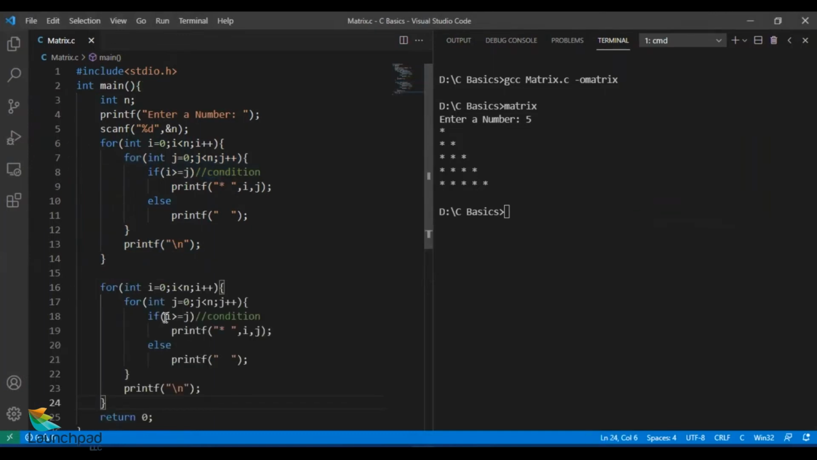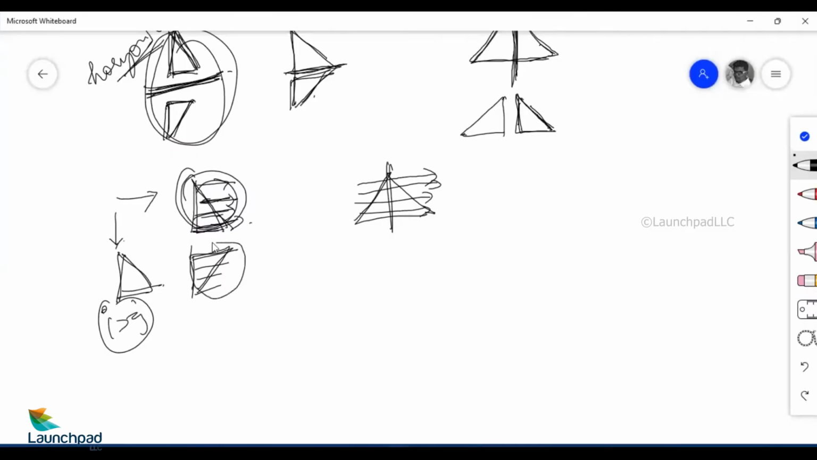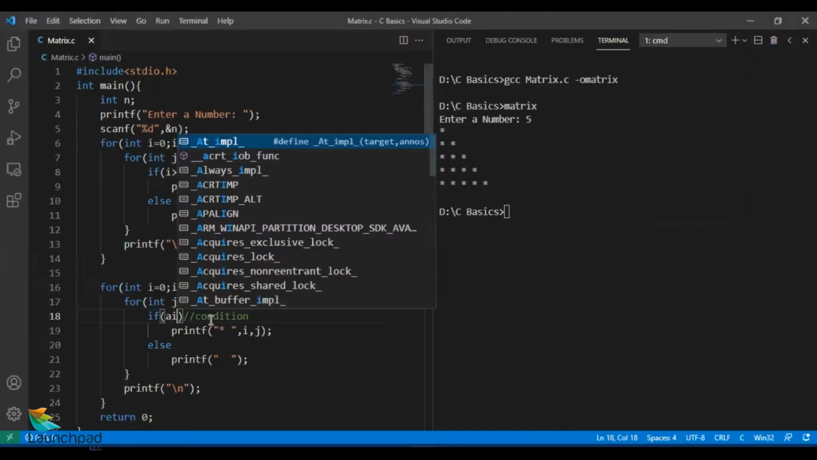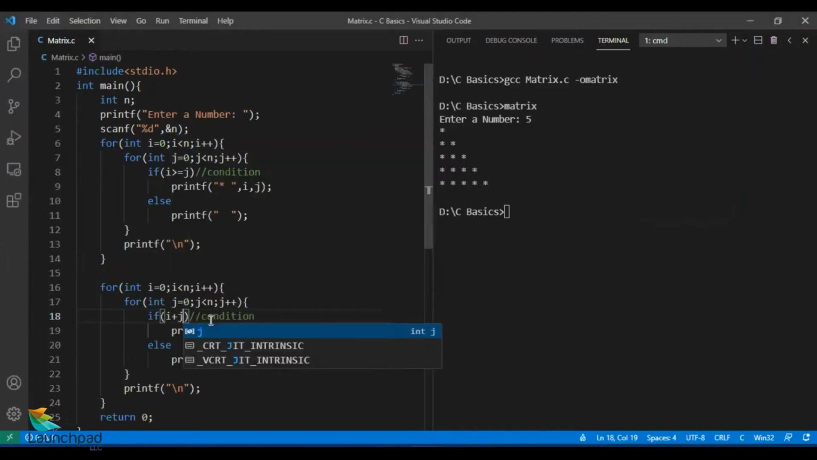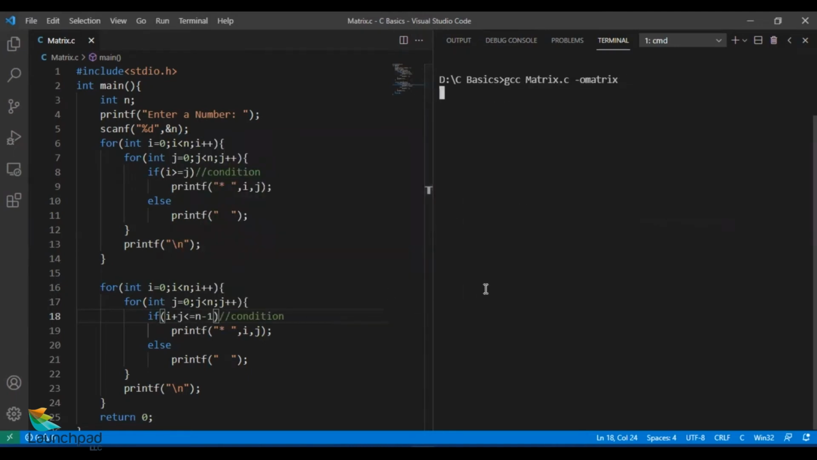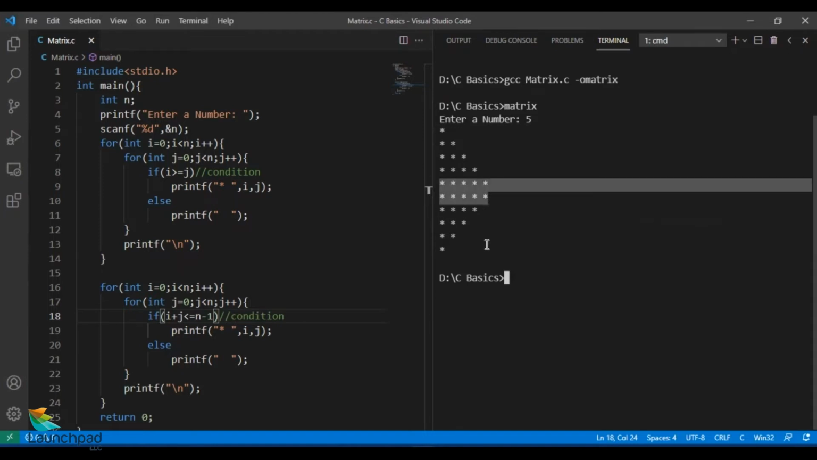In the second part, I'm going to change only the condition. The condition for this shape is i plus j less than equal to n minus 1. I'm going to save this, clear the screen, compile, run with an input of 5. We have almost achieved the shape. There is a bit of correction we have to do. What is that correction you see here? The middle 2 rows have equal number of stars, and it should not be 2 rows, it should be only